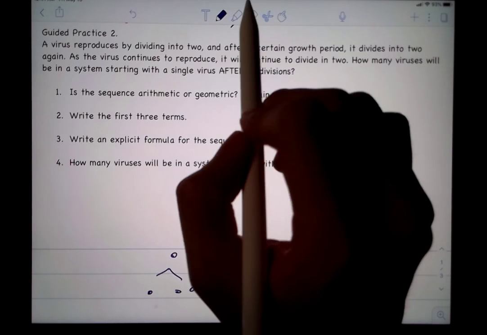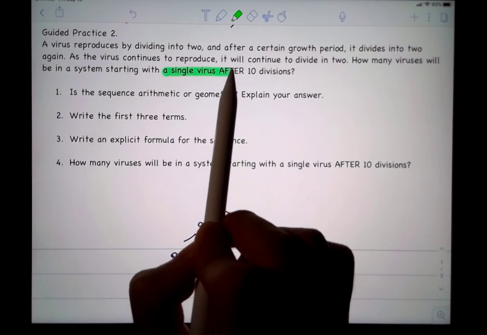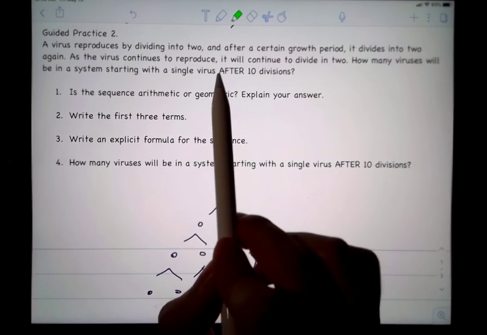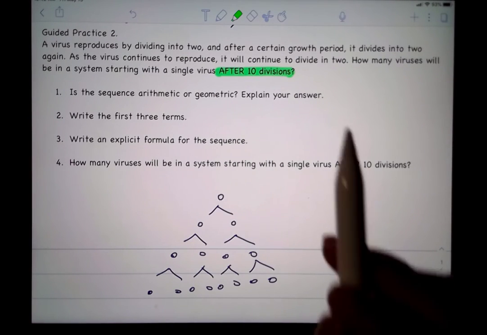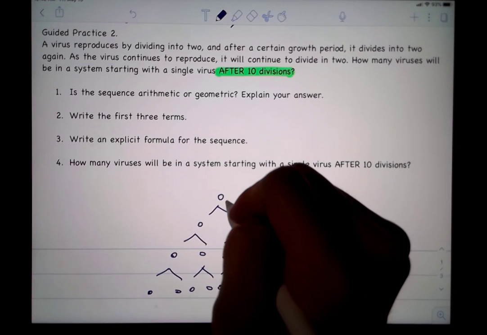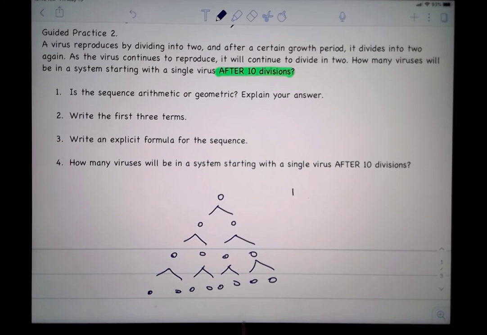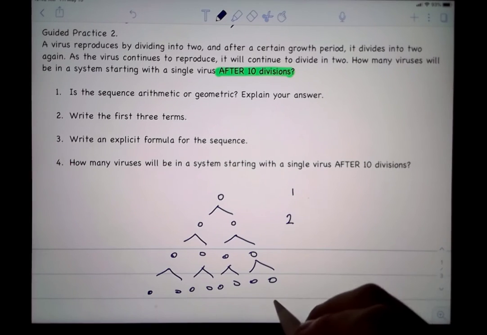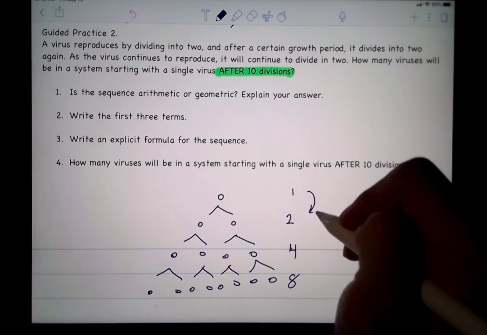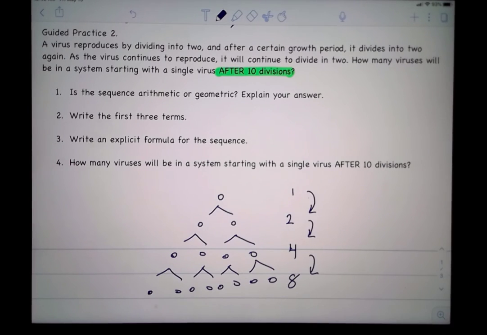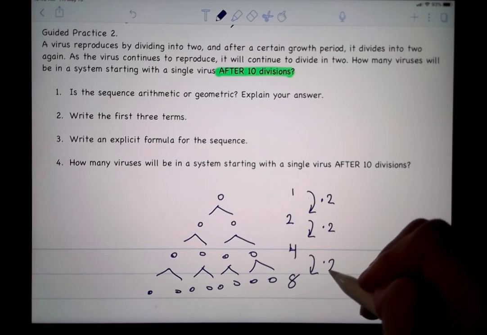That's kind of tricky, so we need to look at this. After 10 divisions, then, guys, let's think about it. We started from 1, and then 2, and then 4, and then 8. So your common ratio will be 2. Obviously, my common ratio is 2. But the thing is,